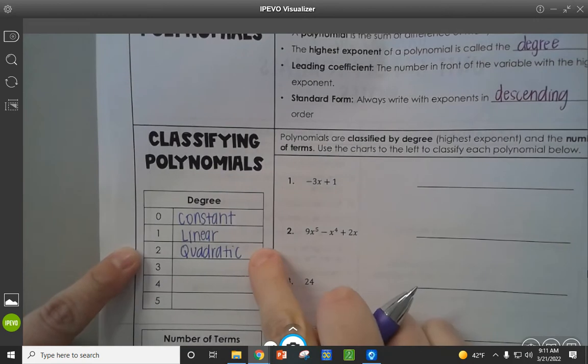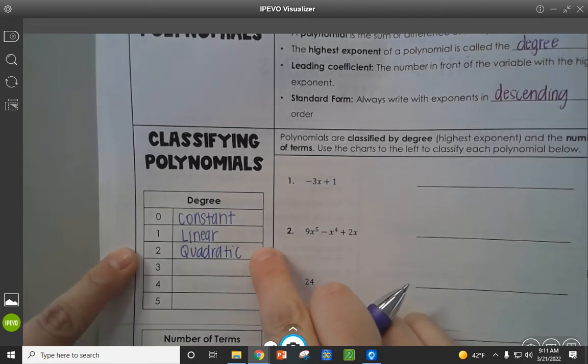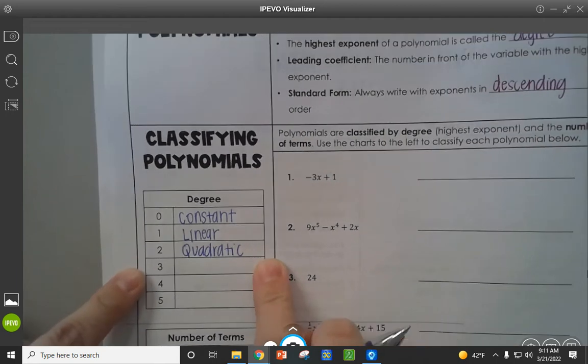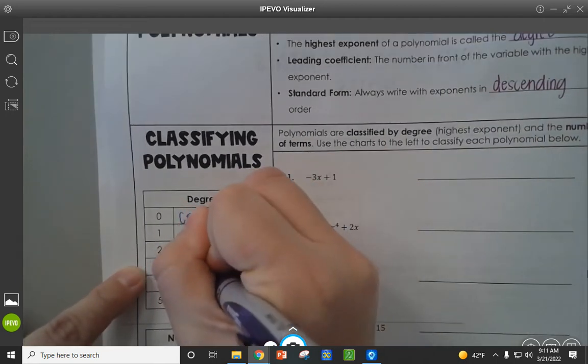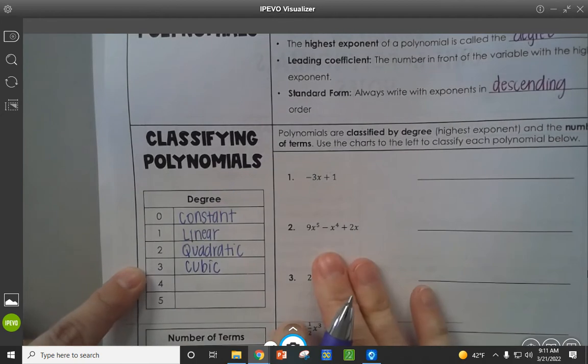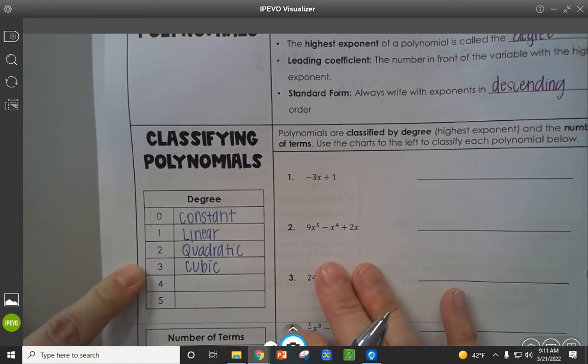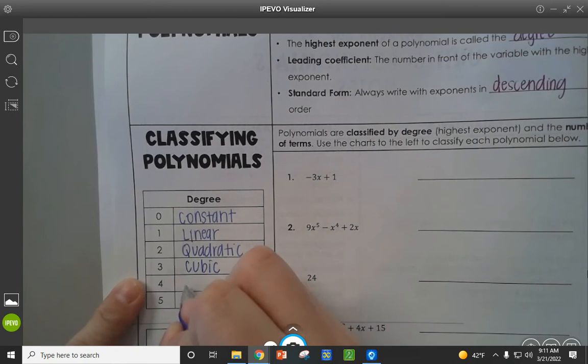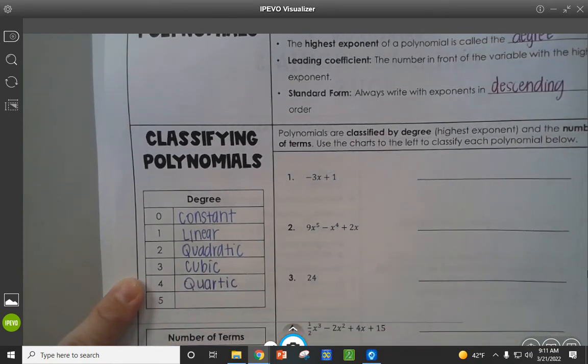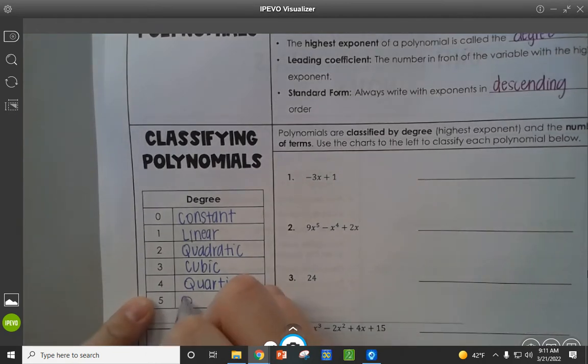We just spent a whole unit on these quadratics. Every one of them, the highest exponent was a 2. If it's 3, we say it's a cubic. So if we have x cubed plus x squared plus x plus 2, that's a cubic. If we have a degree of 4, this is quartic. And a degree of 5 is